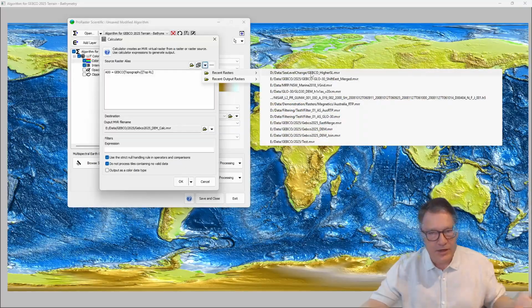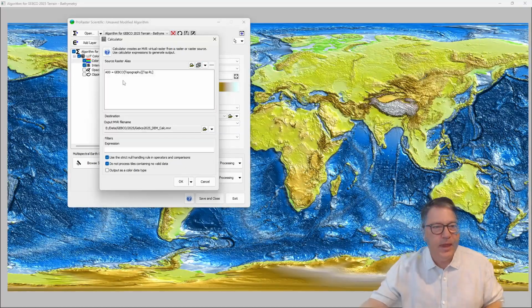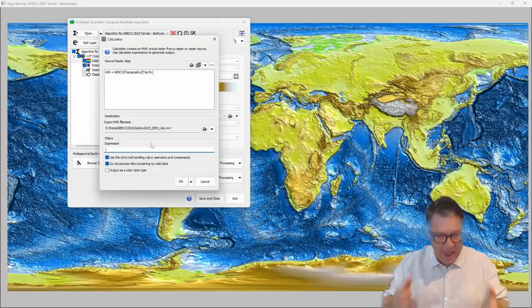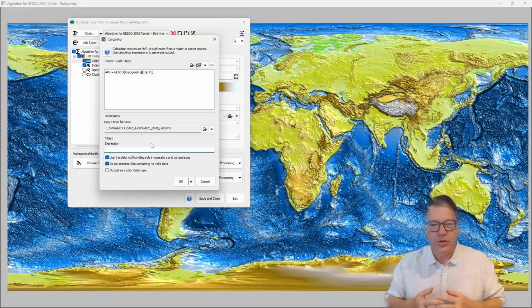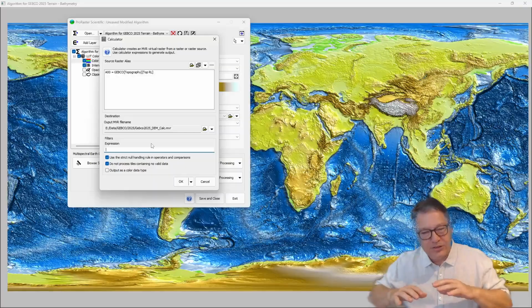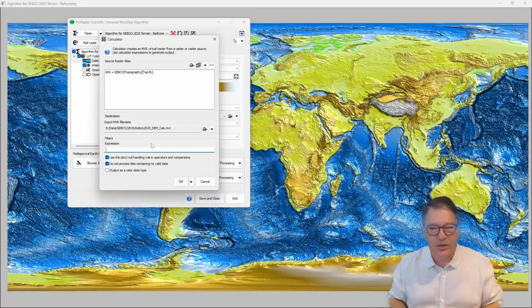So select one raster that you've created, for example, and that would come in as another alias in this list. And then you would add those two rasters together, or subtract the two rasters, one from the other, depending on what you want to do. And that's going to add that. So if your second raster represents sea level change, then that's going to add a variable difference to the GEBCO